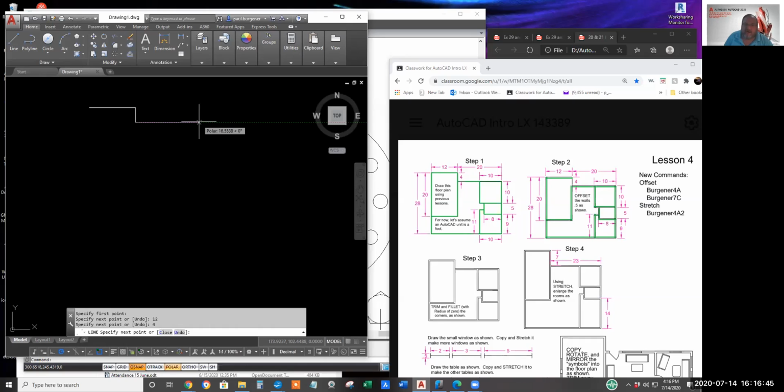Now, even though I got a dimension 20, I suggest stop at, draw one line at 10 and hit enter. And draw a second line at 10 and hit enter. So that way right there, you've got an endpoint. You can O-snap later. By the way, this upper left room is supposed to be a garage. I haven't figured out how to draw a door, a roll-up door yet. So maybe next class.